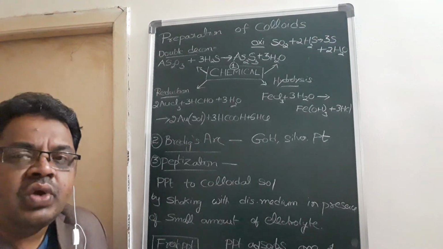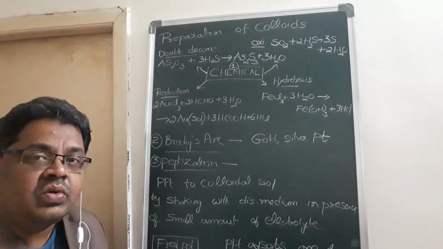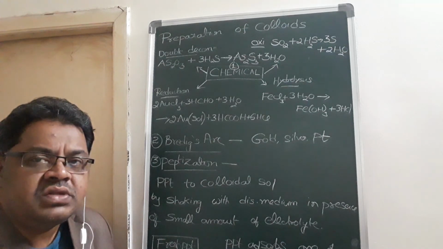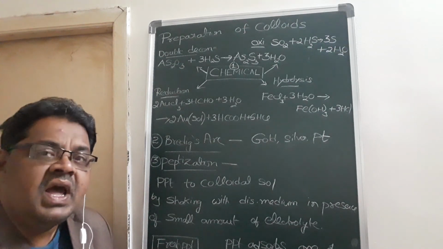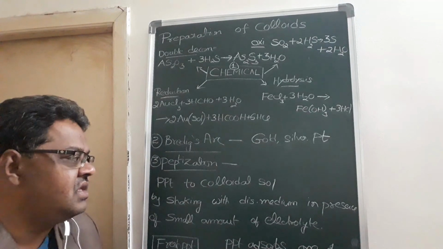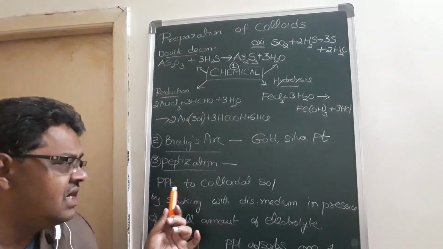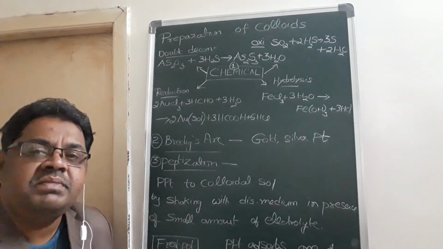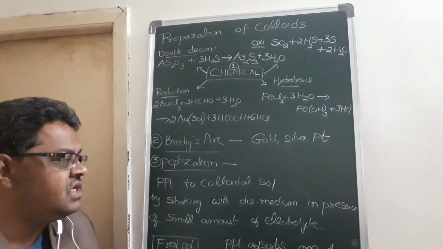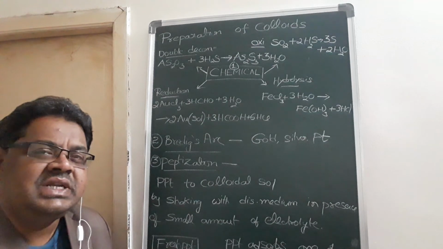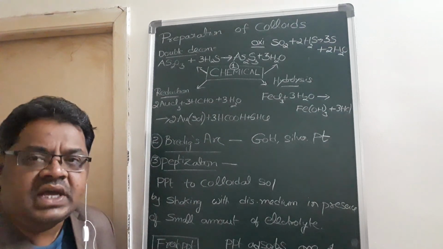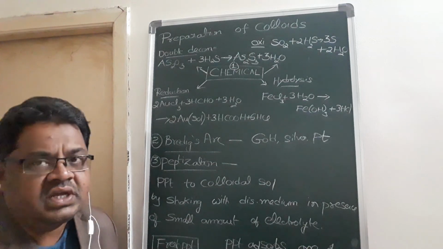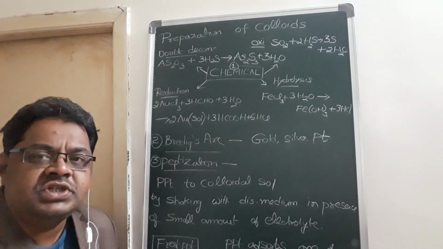But remember, you have to take a fresh precipitate only, not old precipitate. If you want to do this process, you have to make fresh precipitate, and then you go to the peptization process. Then that precipitate will be converted to colloidal. Like this, you can prepare the colloidal from this method. So these are the main three methods given in the NCERT book. So please remember these equations. Anything may be useful in the objective exam.